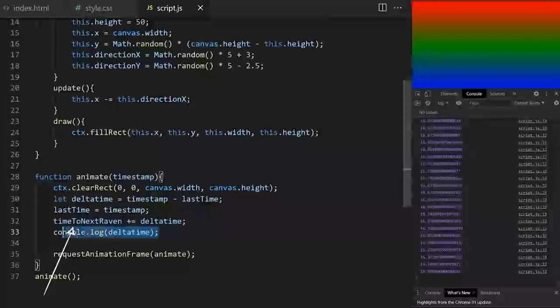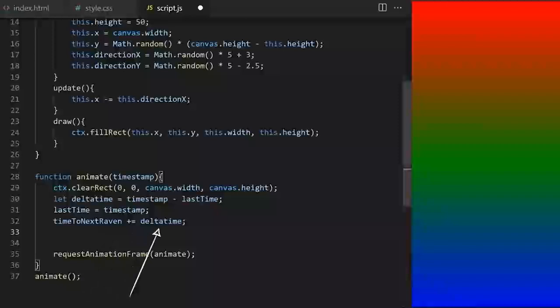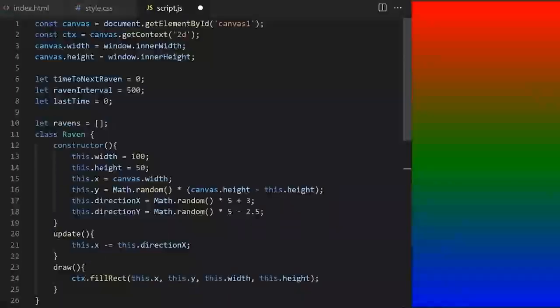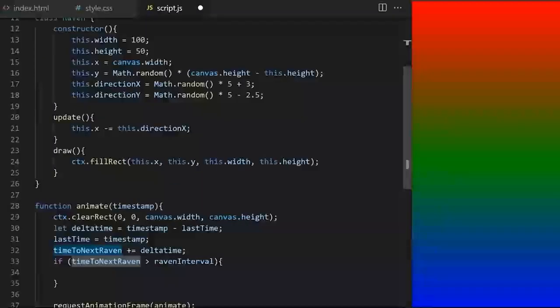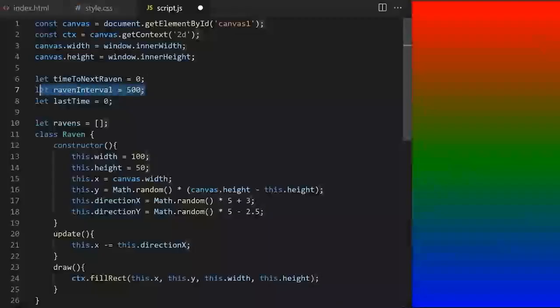So time to next Raven starts at 0 and is increasing by this value of around 16 milliseconds per each frame. On line 7, I created a variable called Raven interval and I set it to 500 milliseconds. In my animation loop, I will say when time to next Raven reaches this Raven interval, when this number that starts at 0 and increases by the amount of milliseconds that happened between frames reaches 500, at that point we